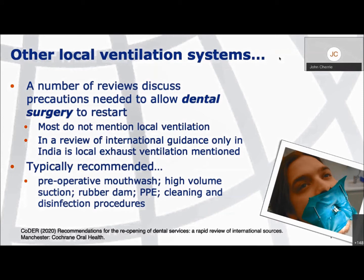They provide everything else. So, things upstream like testing the patient, how the patient should interact in the waiting area, right through to the use of personal protective equipment. But there's this big gap in the middle, which is the use of local ventilation to try and reduce the